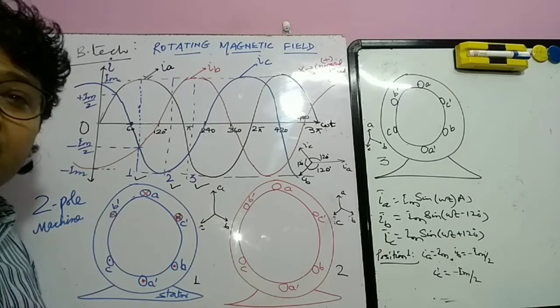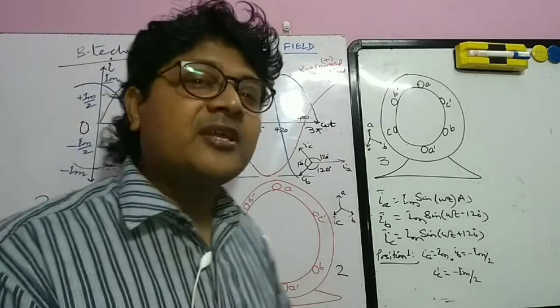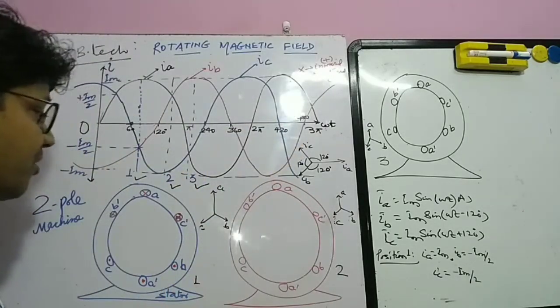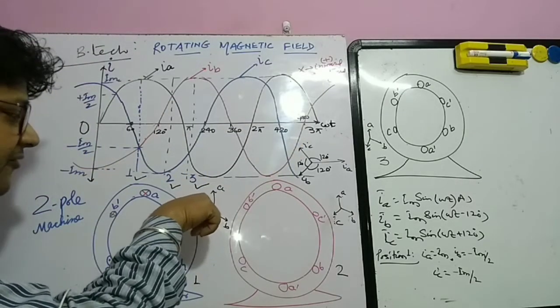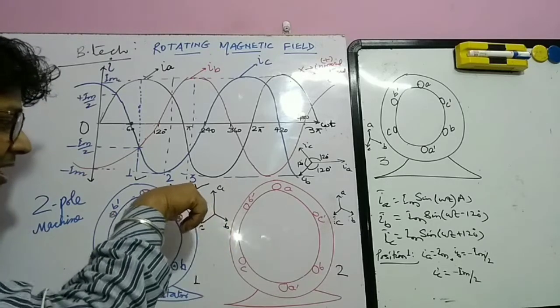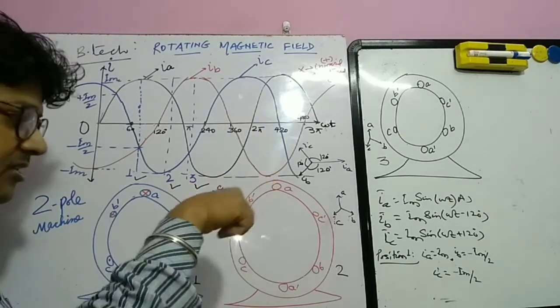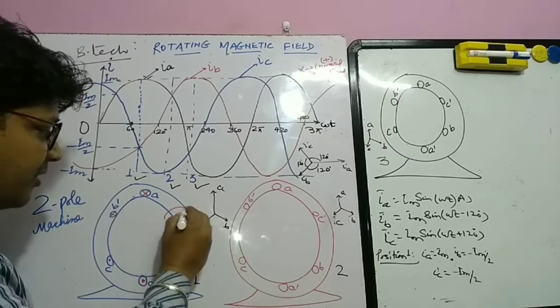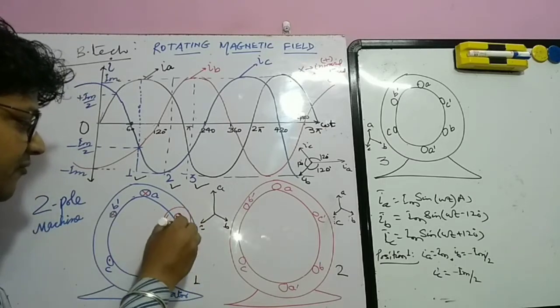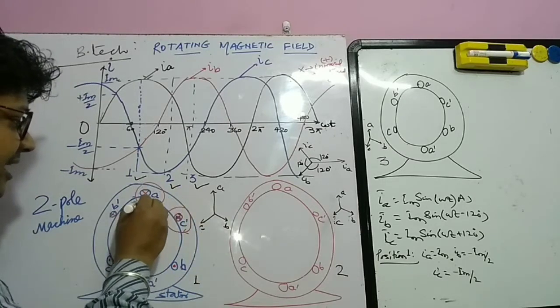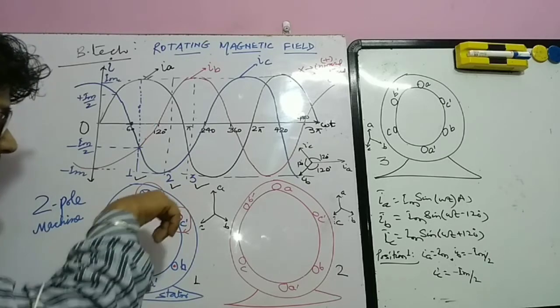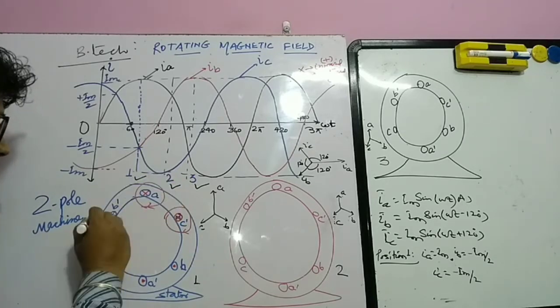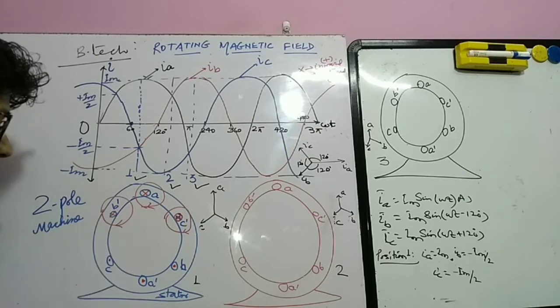Now we have to find out whether a magnetic field is being created here or not. Yes, this is the inward current we have taken. By the right hand thumb rule, we can observe that current is going into it. So this is the direction of current, like this.